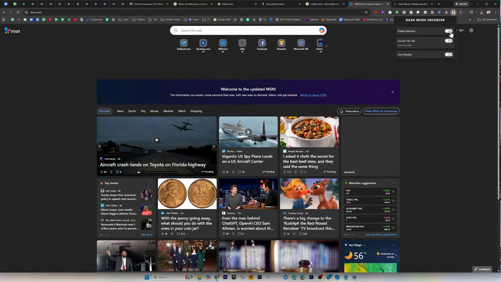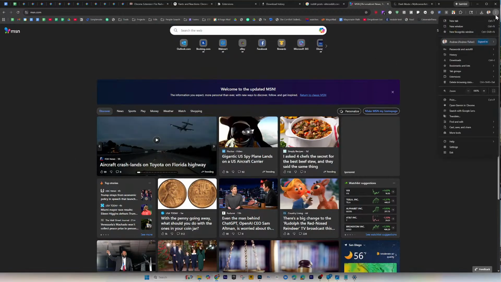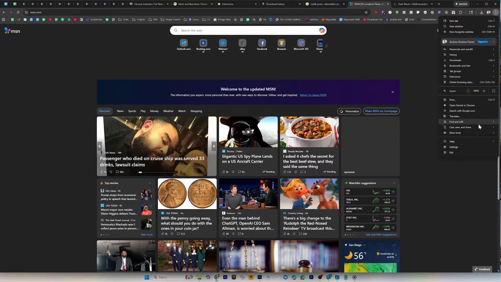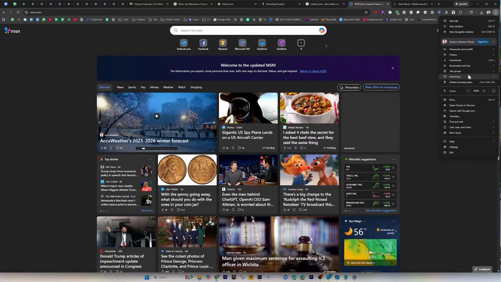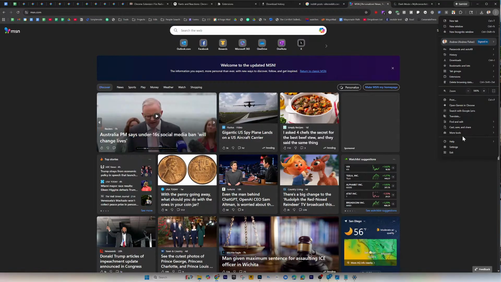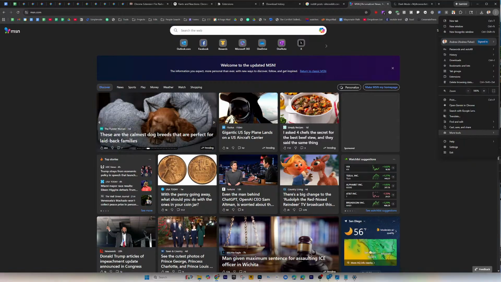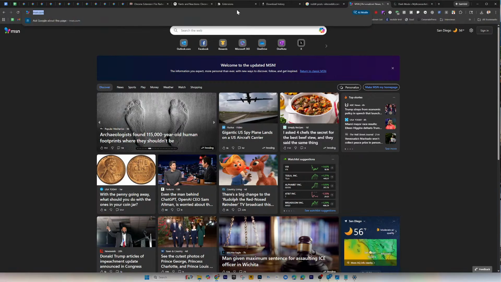And it's still dark mode. Do I have dark mode settings? I might have it on here. Let's see. And I forget where it even is. More tools. Reading mode. Yeah, I can't remember where it is. Let's try,